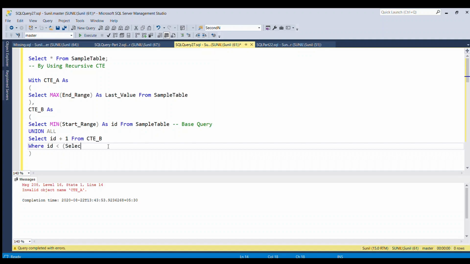In that, I'm going to select last_value from CTE_A.